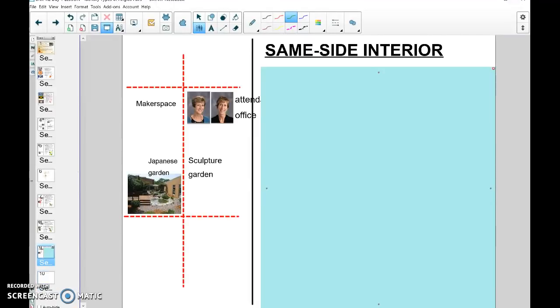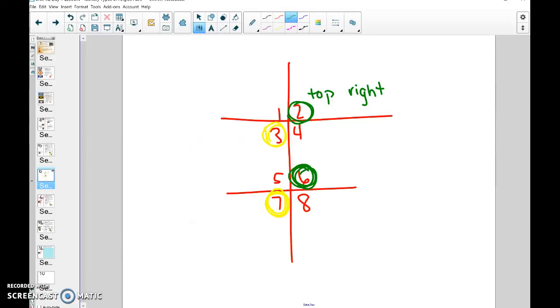Same side interior is probably the easiest one because the name actually says the description. Same side is pretty self-explanatory. It means things on the same side. Interior, we already learned, means inside. So in our transversal,